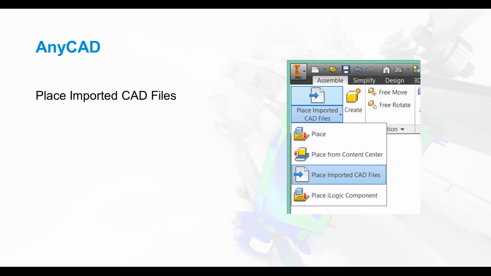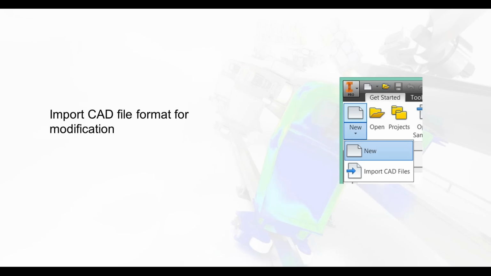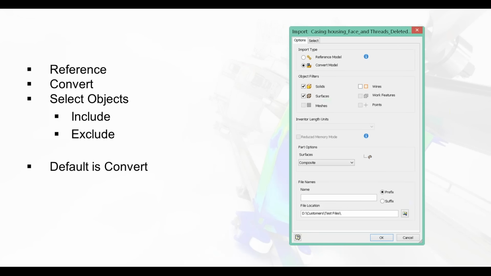Okay, now for AnyCAD, when you're in an assembly, you can place from Content Center, iLogic components. We now have the ability to place an imported CAD file. The other is when we go in and we say new, we have the ability to just import. This will allow us to come in, and if it's like a step file, we can convert it. So what this does is it's going to convert it right into our models. You'll see similar